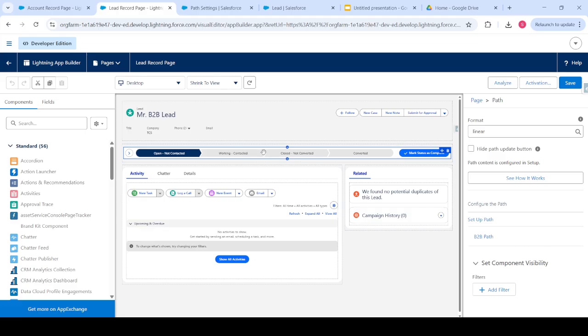So you can see, right, when we clicked on this path, here you can see this B2B path which we have already created, and this path is attached with that record type. So it is showing our path has been created and attached with that record type correctly. Now if you go back here,